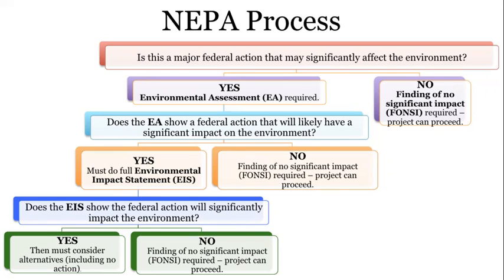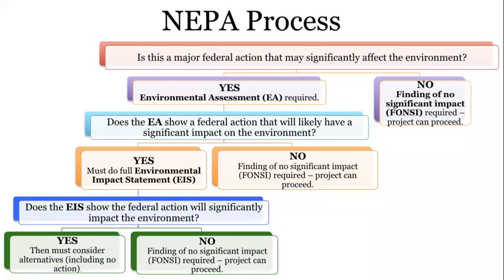The answer is yes. Then you have to engage in environmental assessment. NEPA requires more action. If there's a no, then you have what's called a FONSI, or a finding of no significant impact. And that means the project can proceed, right? So you either get to an environmental assessment on one hand, if there is the potential for a major federal action. So yes, it's major, we define that. Is it federal? Yep. Does it have the potential to significantly impact our definition, our natural or cultural, historic, aesthetic environment? The answer is yes, environmental assessment. If it's no, FONSI. Under the yes, assuming environmental assessment, the no is we're done.